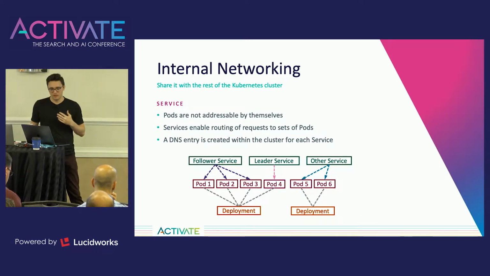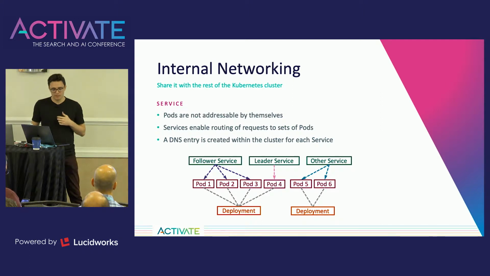There's a lot of hoops that you have to go through, but in general, the base rule that you have to understand is pods are not necessarily themselves addressable. This is mainly for security reasons, but you have to create an abstraction on top of a pod called a service, which adds basically DNS rules and IP addresses for a set of pods that you want to route requests